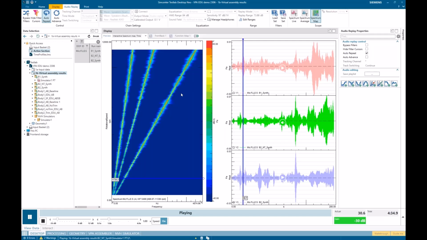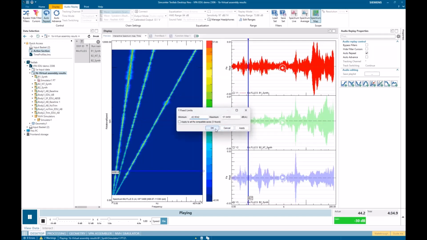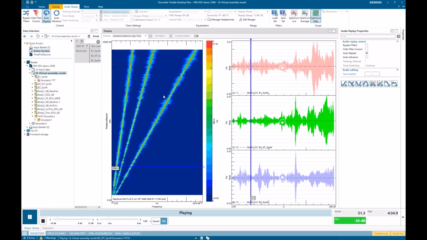And if I look at the color scale here, I can see body 1 limits, make that free, 57, I'll lock those there. So now if I switch to body 2 with no trim, you see the levels, I see a lot more red here in my overall.